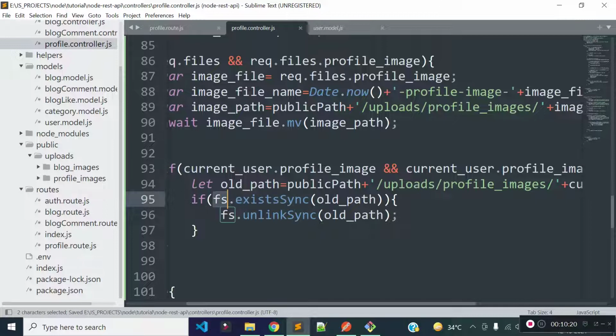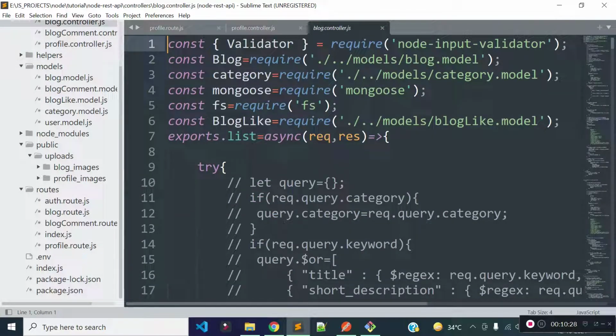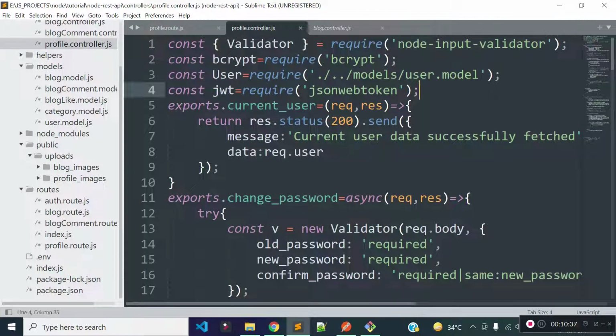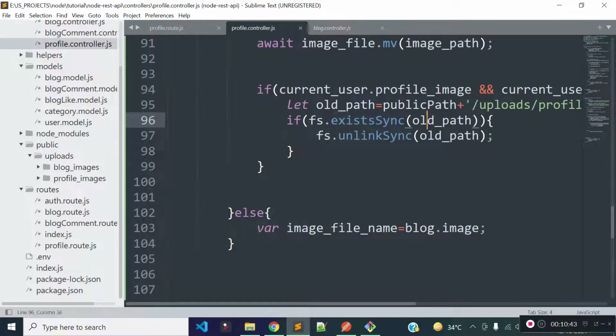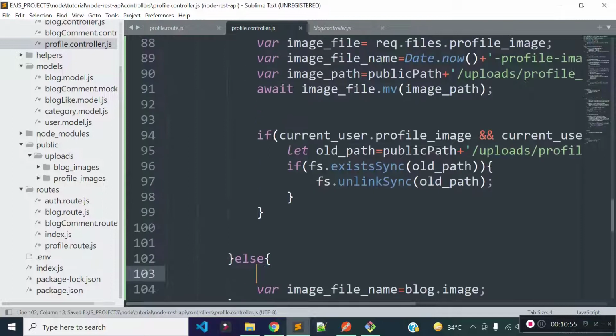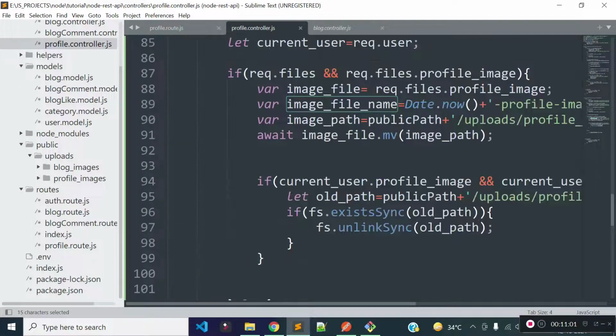So we are using fs library here, so we need to include fs library inside our profile.controller.js file. So let's copy the fs library from our blog.controller.js file. So let's copy this line and paste it inside our profile.controller.js file so that we can use fs library inside our profile controller. And we are checking if this path exists, then we are removing the path with the help of fs library dot unlink sync method. Okay, and if user is not updating his profile image, then we are storing the old image file name, and which will get from this current underscore user